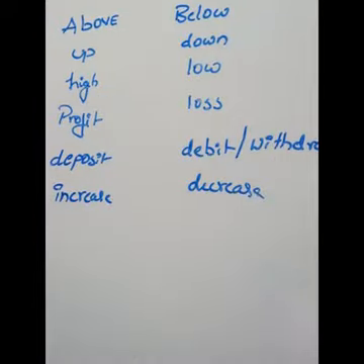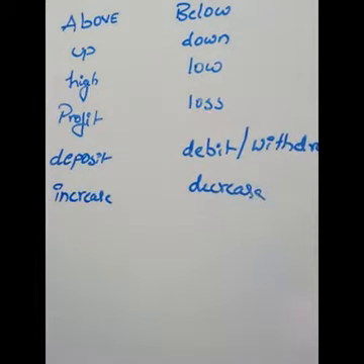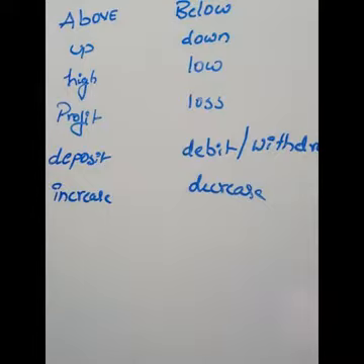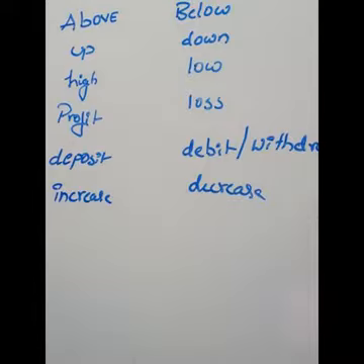Children, in the last class we studied the addition and subtraction of integers and its rules, how to do the additions and subtractions. In this class we'll learn how to write the integers based on the statements. Before going to that, just recall what you already learned in your 6th class, that is assigning the sign by saying some words. If I say an aeroplane is flying above 300 meters from the sea level, above 300 meters,